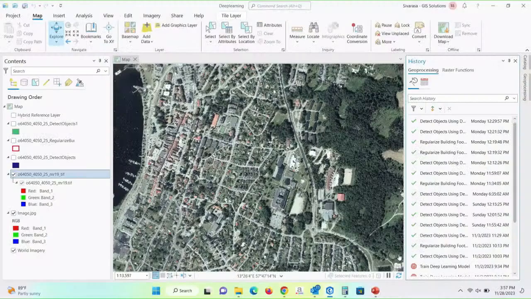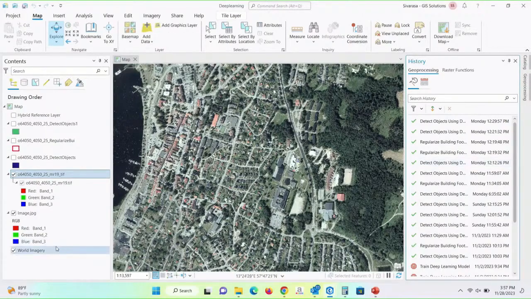In this deep learning, there are steps. First, we have to train the system. After we train, we have to export the training samples to make the models. Once we make the models, we can run this function to extract whatever object-based detections we want.